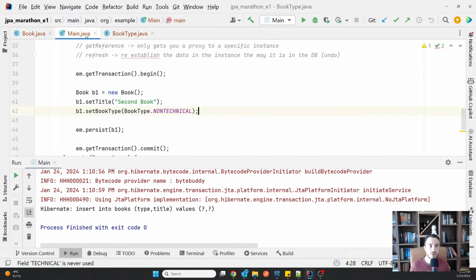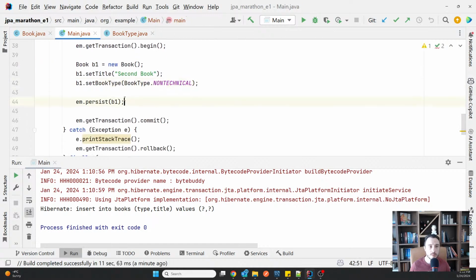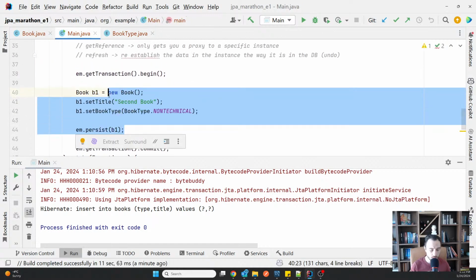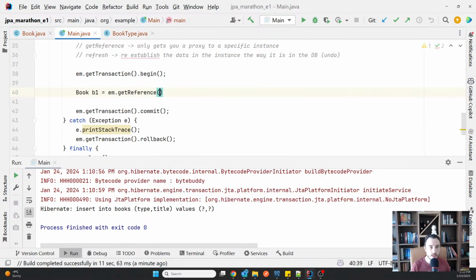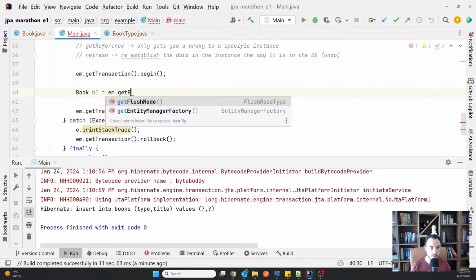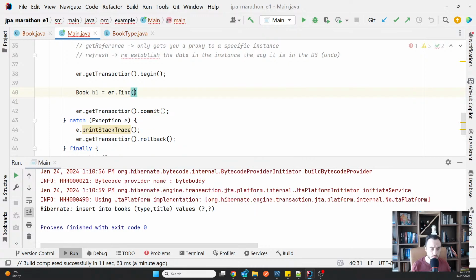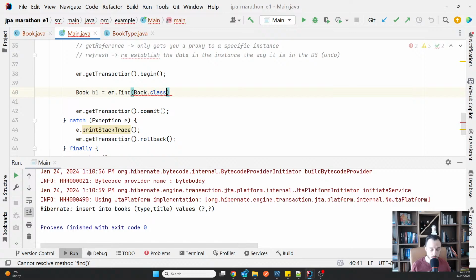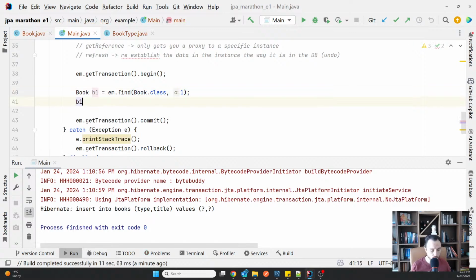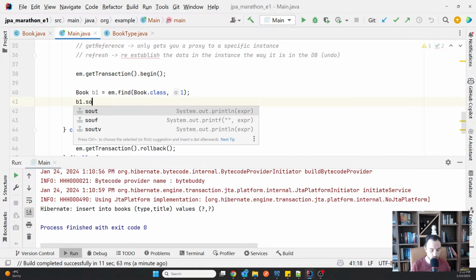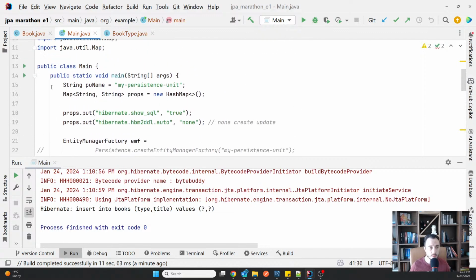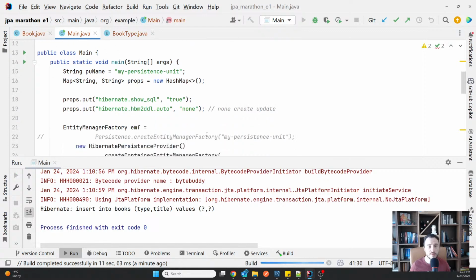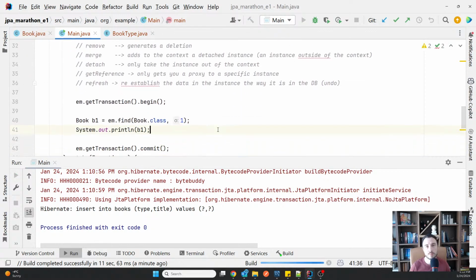If I try to find my book, which is troubleshooting Java, it will now appear as non-technical. And that's definitely messed up completely all my data.